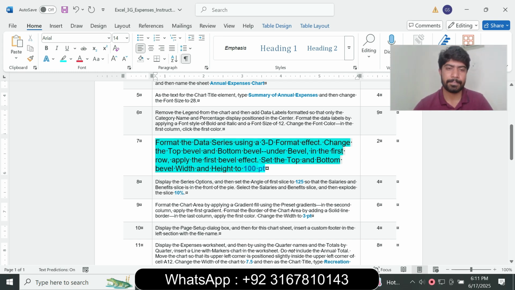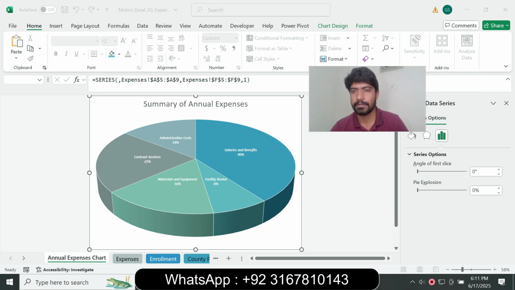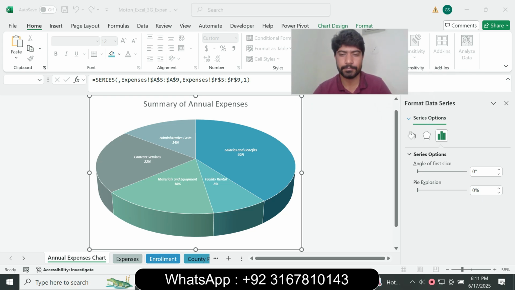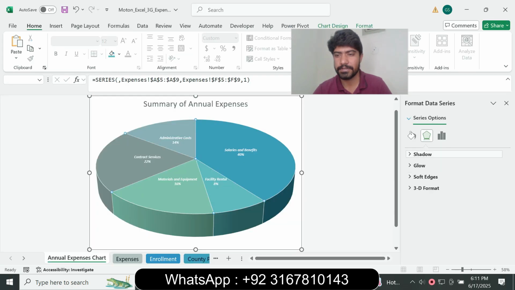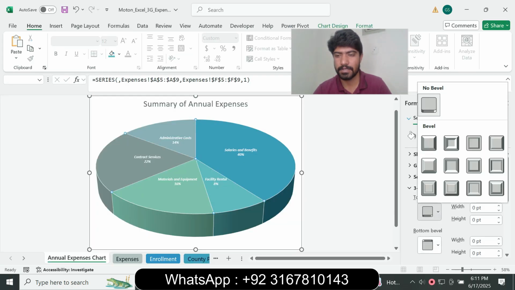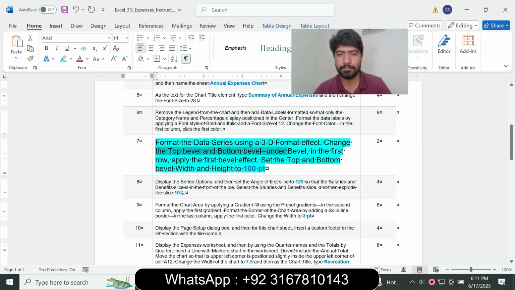Format the data series using the 3D Format. Format the data series and change the top and bottom bevel under Bevel in 3D Format, and the top bevel is the first bevel. Top and bottom bevel in the first row, and apply the first bevel effect and set the